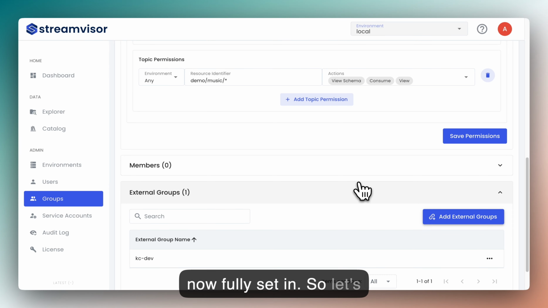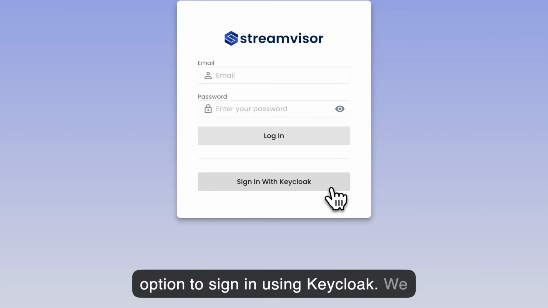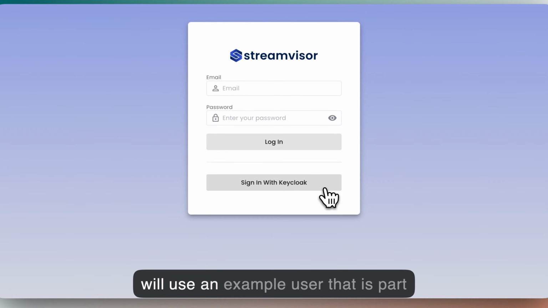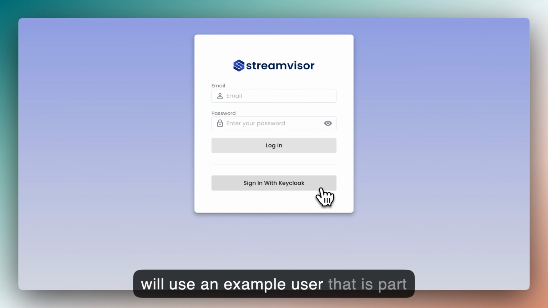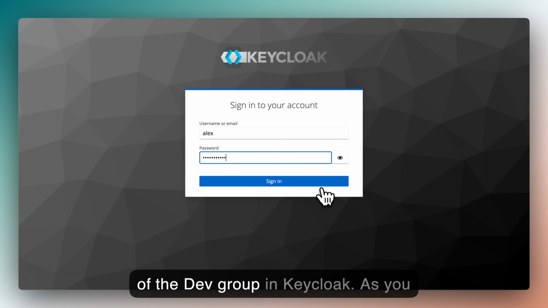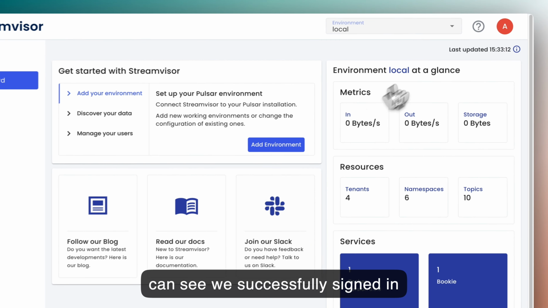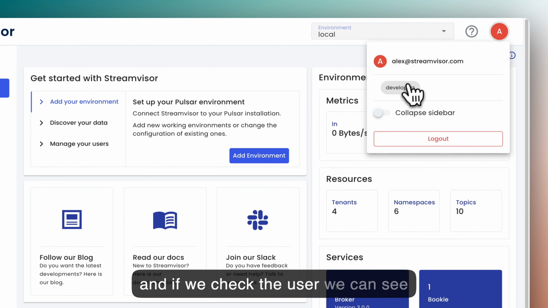So let's check. Now on the login screen, we have the option to sign in using Keycloak. We will use an example user that is part of the dev group in Keycloak. As you can see, we successfully signed in, and if we check the user, we can see he's now added